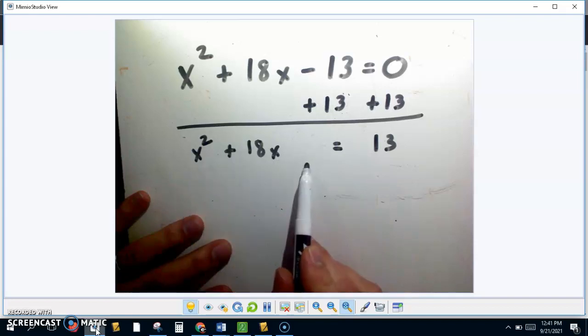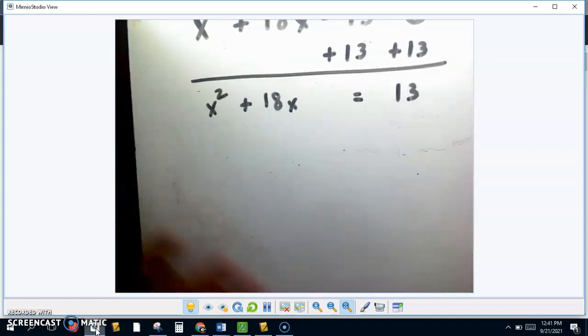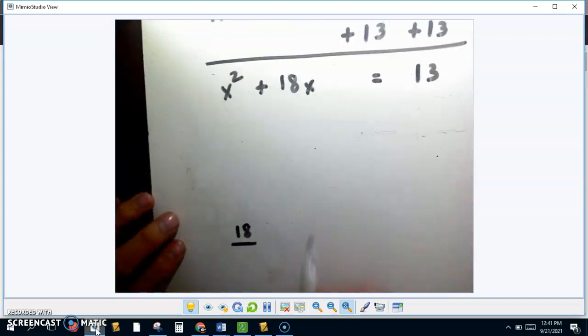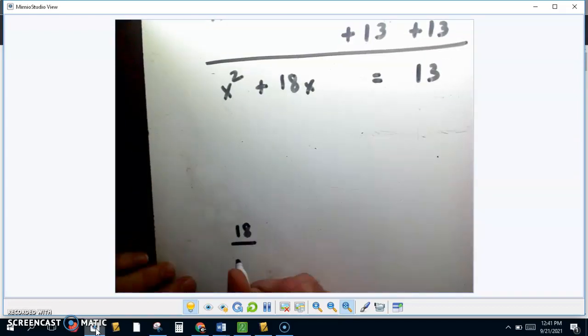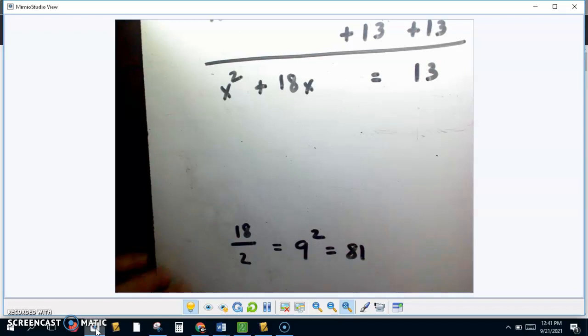Specifically, what we want to do here, go to the bottom, we want to take 18, which is our middle number, divide by 2 to get 9, and then square that to get 81. And that seems like a random sequence of steps, but what it does, if I add 81 here,